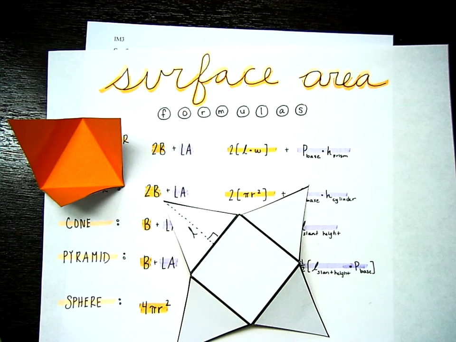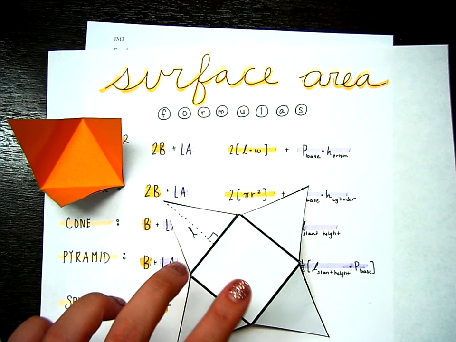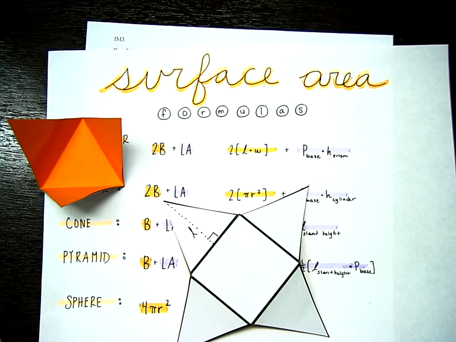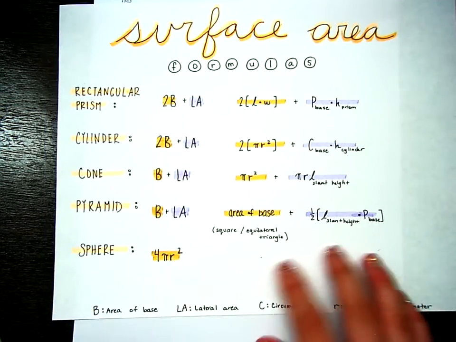Welcome back, everyone. We are on our second video for surface area, and this time we are talking about pyramids. Today we're only going to see either triangular pyramids or rectangular pyramids, but there are other kinds that you could find the surface area of, just so you know. But we're going to focus on these two. So let me move these out of the way, and we will focus on our pyramid